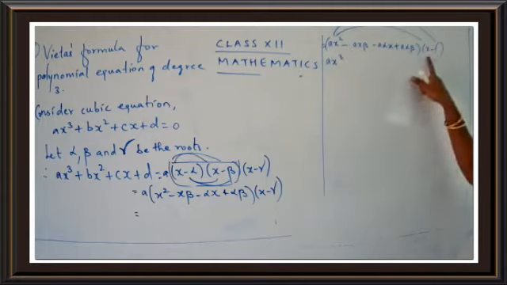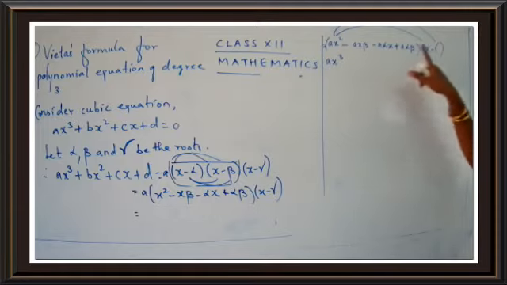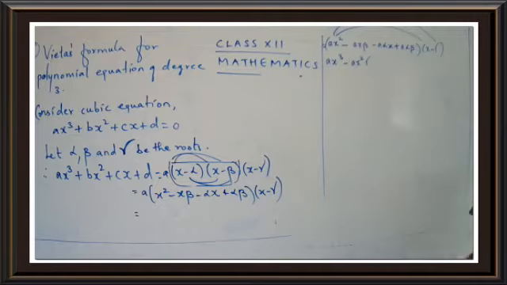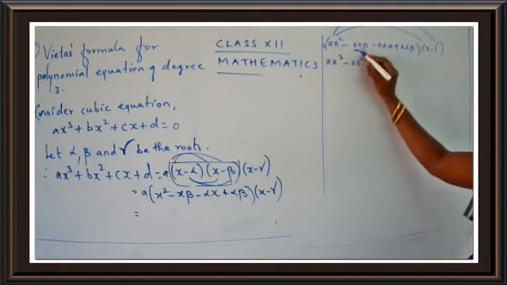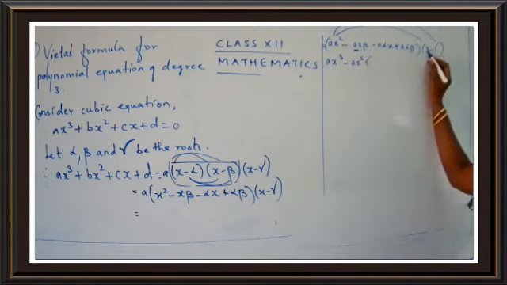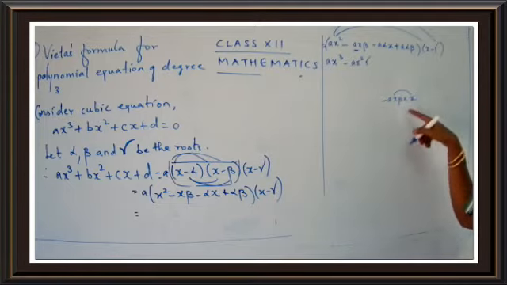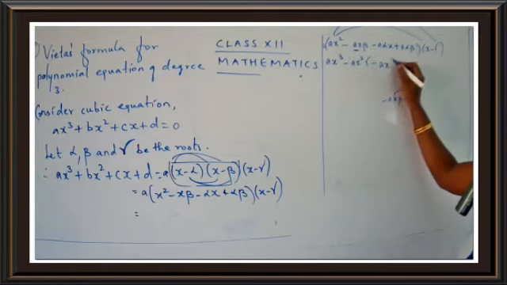So ax square into x gives you ax cube. Ax square into alpha, so it is ax square into alpha. Okay, children, do not get confused. So minus ax square alpha. We get many terms over here. Okay, so I have completed this part. Let's go for the second part. Minus ax beta into x. Do not get confused. Ax beta into x, so x is there. You have to multiply x and x. So what do you get? The sign is minus, so minus a x square beta.